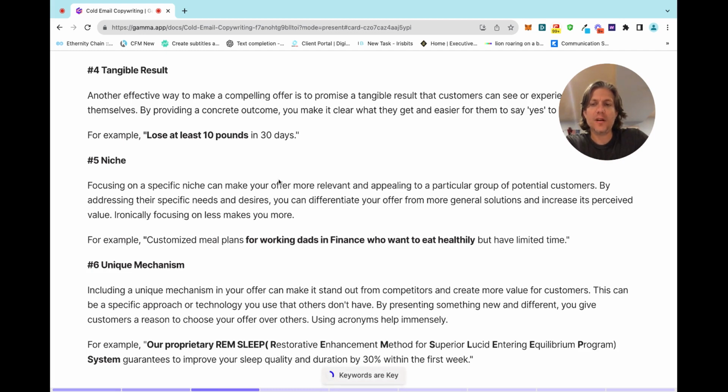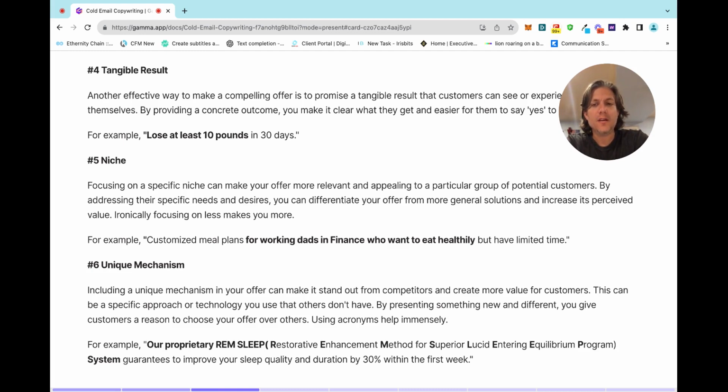Number six, unique mechanism. So this is super helpful. You really want to stand out. So you don't want to just say that you're also a SEO company, or you're also a website company, or you're also a developer, or you're also a lead gen agency, or whatever you're in. To help yourself stand out even further, you want to have something proprietary that you've conjured up, and acronyms